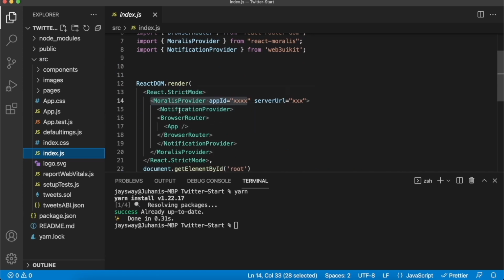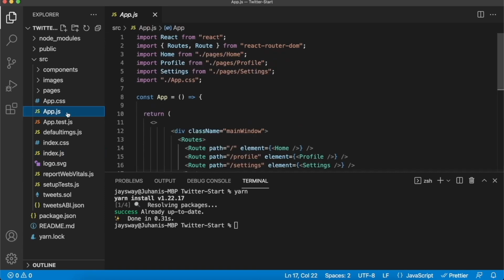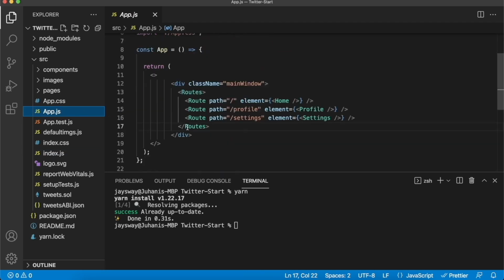We have the notification provider from web3uikit if you want to add notifications to your page, and then the Moralis provider giving us access to Moralis after we provided an app ID and server URL. And then of course the app.js file is a simple page at this moment. We have routes to the different pages, the home page, the profile page, and the settings page, but that is